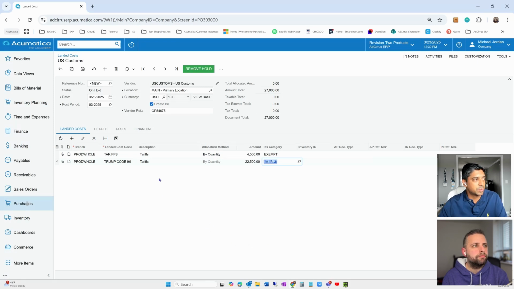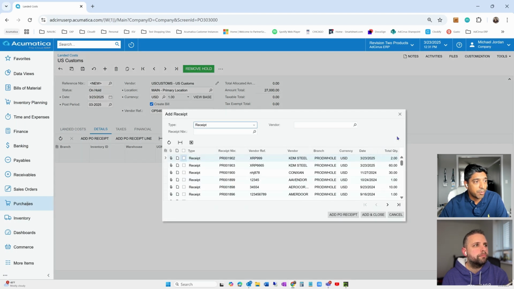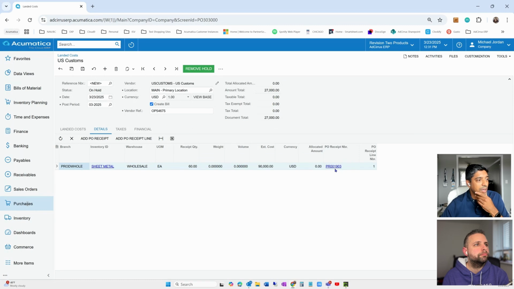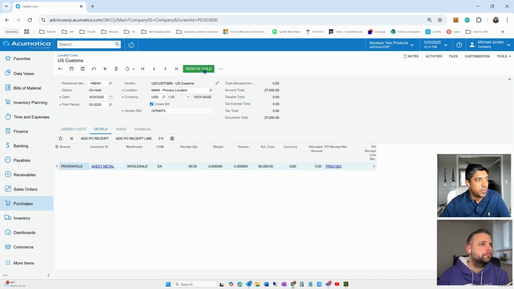Now, the next step, once I've added my landed cost, is to go to my details tab and select my PO receipt. Now, remember my PO receipt, it's going to be my receipt here, KDM steel of 60 pieces. I'm going to add and close. So it also assigned the PO receipt number directly to my landed cost record. I'm going to go ahead and at this point, if everything looks good, I can just go ahead and remove from hold,